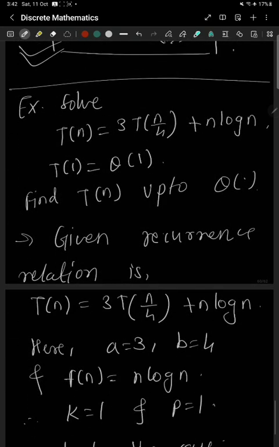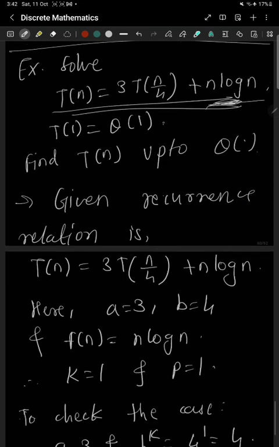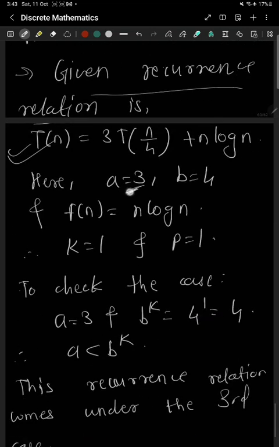Then the last example: T of n is equal to 3 T of n by 4 plus n log n. Take this example. Here T of n is equal to 3 into T of n by 4 plus n log n, and they have given that T of 1 is equal to theta of 1. Find T of n. Now the recurrence relation is given, so we are going to compare it with the standard form. We get a is equal to 3